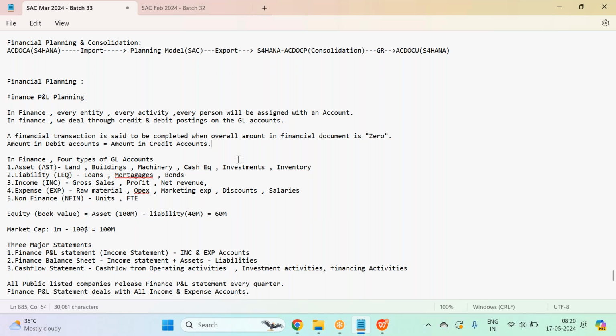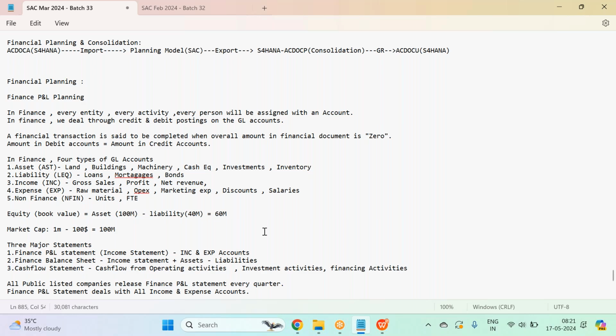So suppose we're paying salaries, guys. Amount is debited from one account and credited to multiple accounts. The total amount debited from that account should match the total amount credited to all the accounts. The credit amount should match the debit amount. Only then can we say the financial transaction is complete and successful. There might be multiple transactions where you have one debit account and multiple credits, or one credit and multiple debits, or multiple credits and multiple debits, but the overall amount should match. So that is how your financial accounting works, how your financial transaction works.